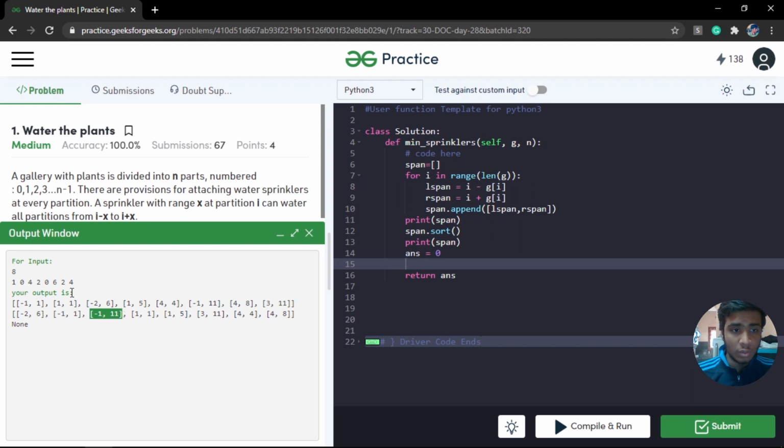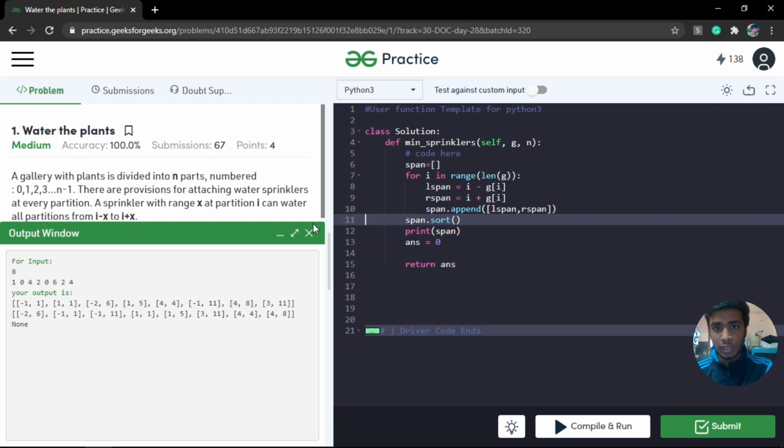And once it is turned on, we can see that our entire garden is being watered, right? So now our next target is going to be overshooting the length of our garden, and hence we are going to come out of the loop and we're going to return our answer. So let's try and implement exactly that. So let me just delete these out.